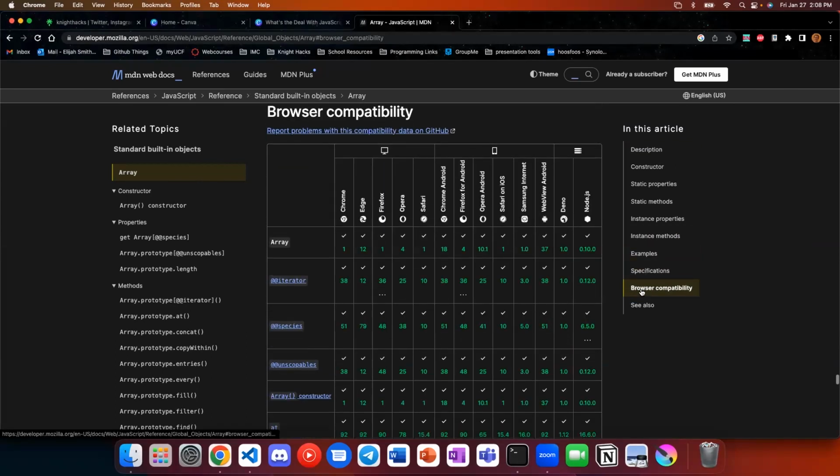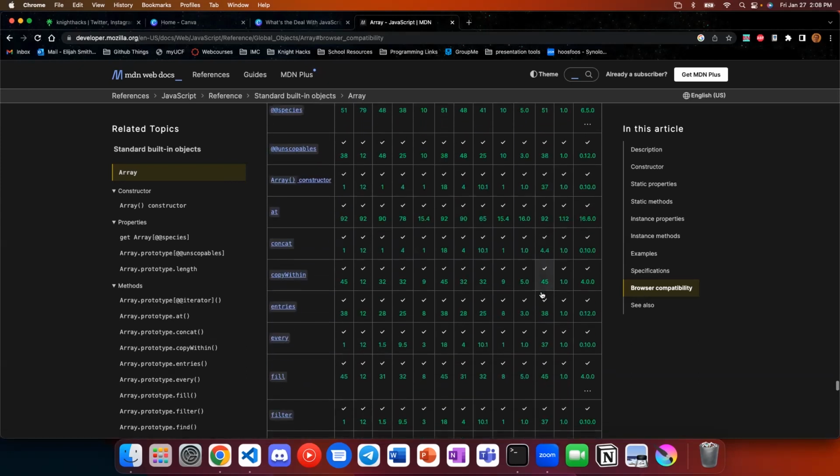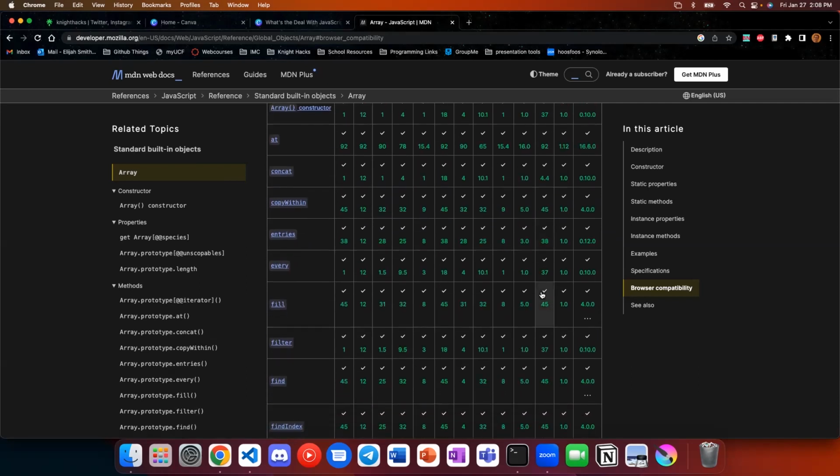Yeah, so if you go into any sort of reference for JavaScript or something web-based, oftentimes at the bottom, you'll find this really disgusting browser compatibility table. This one's kind of nice because it's all check marks, which means, yes, we can use an array in any browser, which is not something we're worried about.